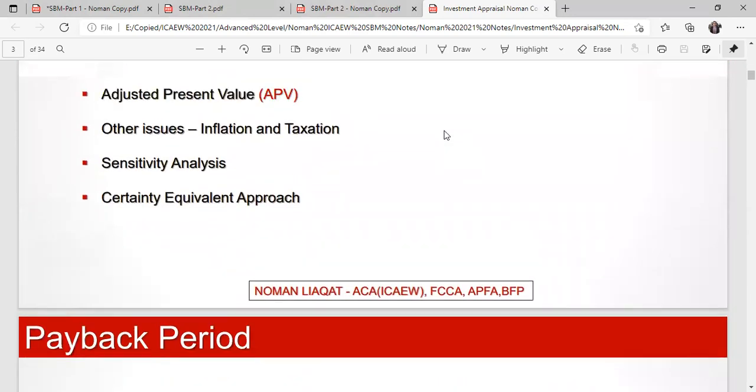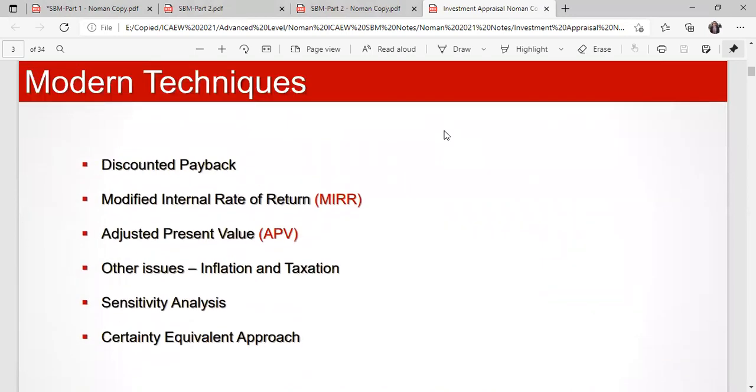But we have some modern techniques like discounted payback, and advanced methods. We will discuss MIRR, modified internal rate of return. We'll discuss APV, adjusted present value, other issues of inflation, taxation, sensitivity analysis, certainty equivalent approach, and lastly, the most important topic of our investment appraisal is basically about